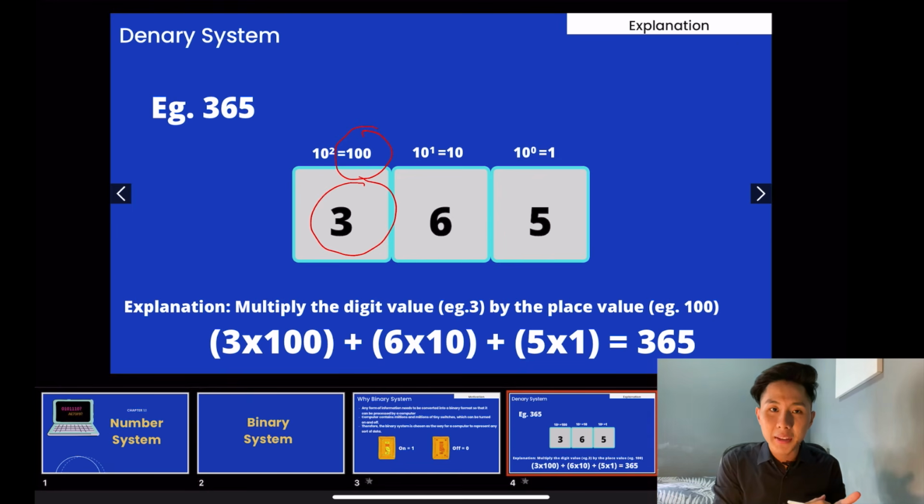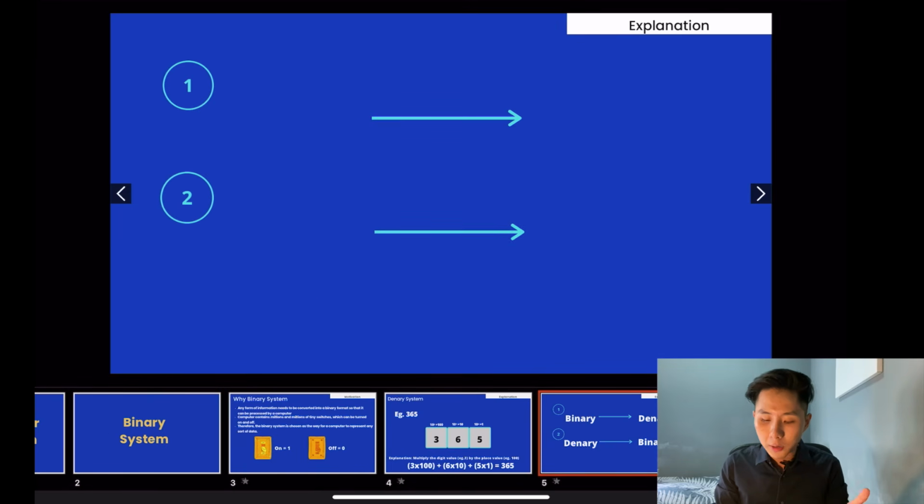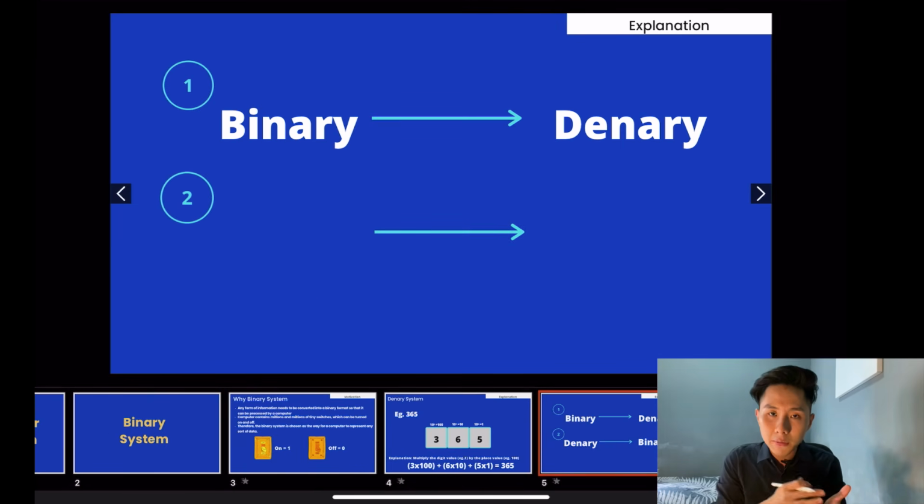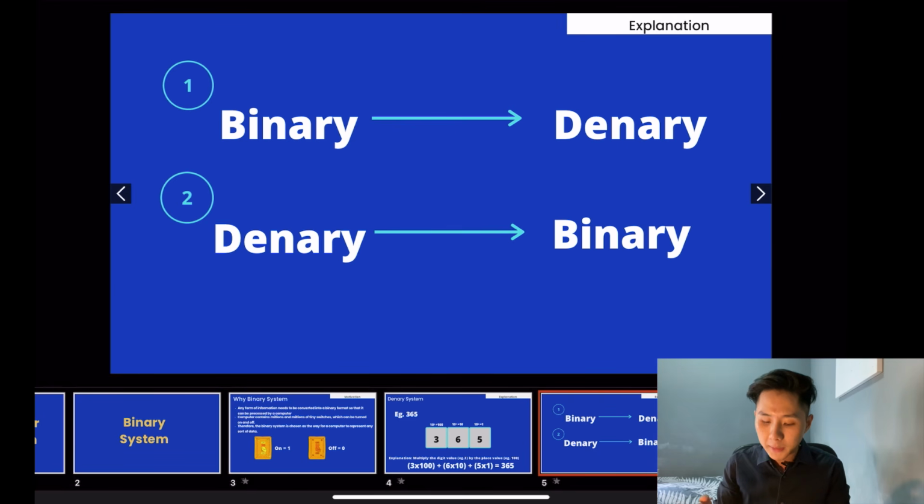But as I mentioned, a computer cannot understand Denary. The only language that they can speak in is binary. And therefore, in this video, we are going to learn how to convert binary to Denary and Denary to binary so that we can input numbers into the computer, so that we can transmit data to the computer using the language that they can understand. So let us start with